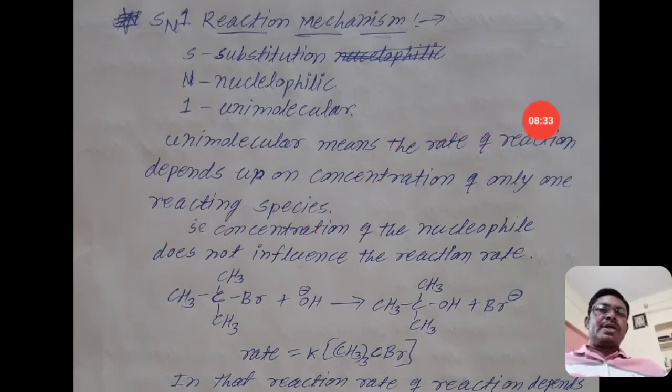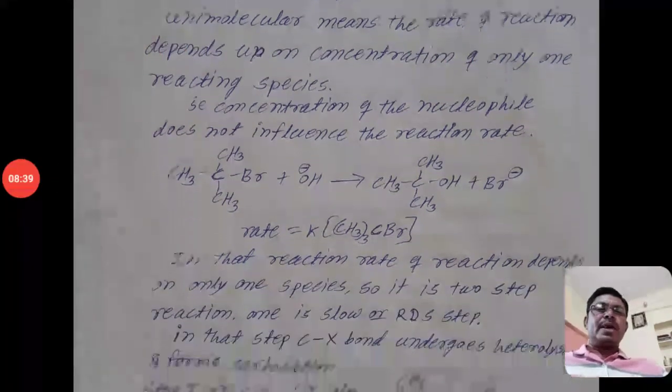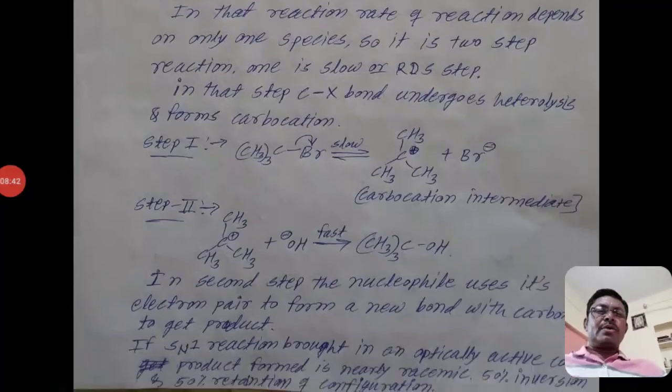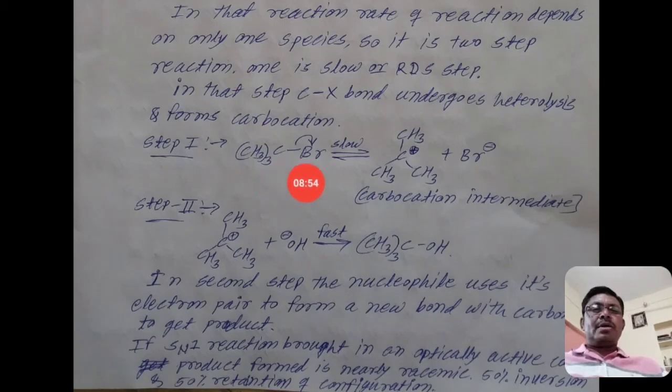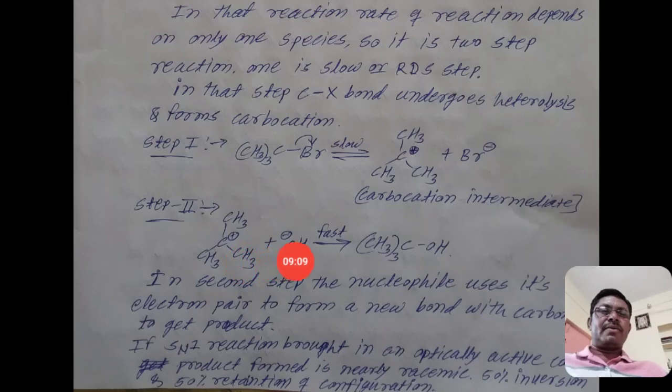These two reactions, SN1 and SN2, are very important. The SN2 reaction has only one transition state, but the SN1 reaction has two transition states. The first transition state is the bond break between carbon and bromine. That means the reaction needs more energy at the first step and then at the second step. So there is one transition state for the first step and one for the second step.